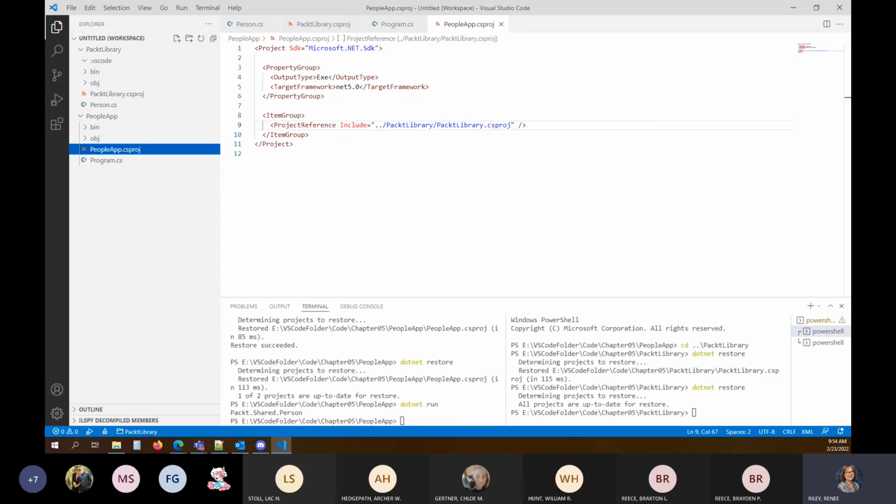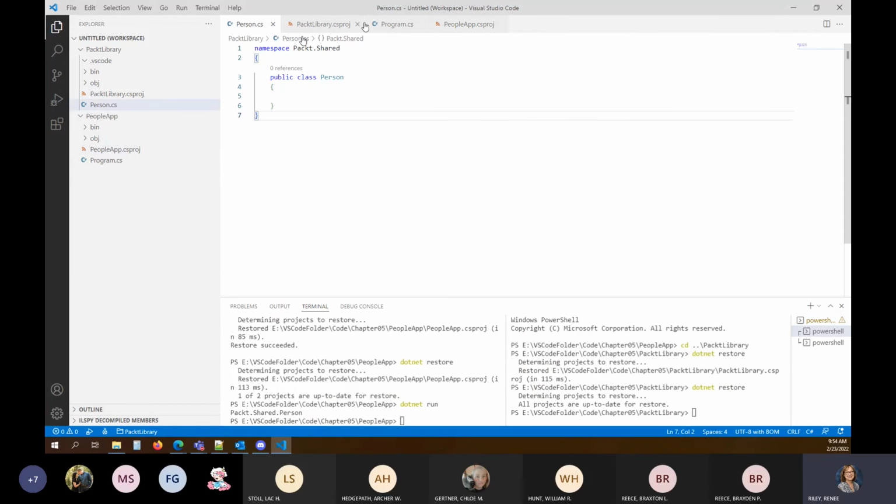Visual Studio. All right, now looking at the next section, we're going to actually get some things going here. Right now, we've been getting all the linkage built for our project, getting everything to fit together so that we know how all the pieces work. So we want to look now at both our person.cs and our program.cs files. So we should be able to close out of our project files. We shouldn't need to update those anymore now that we have all of our linkage in place between these two projects.